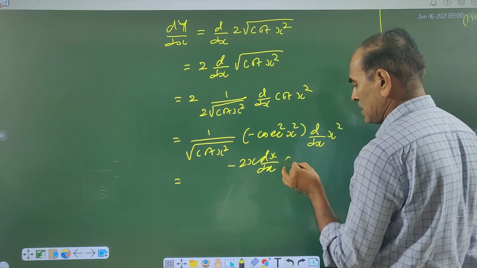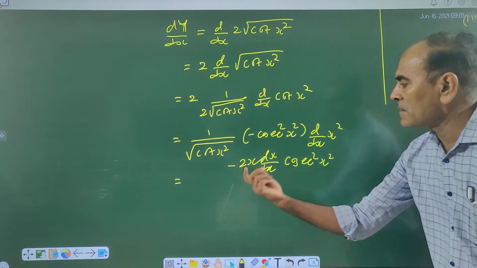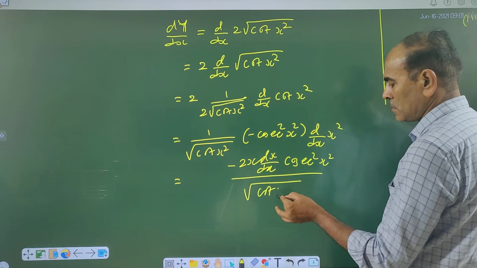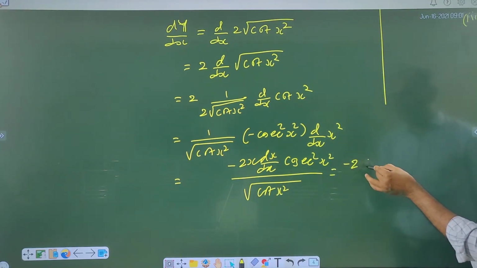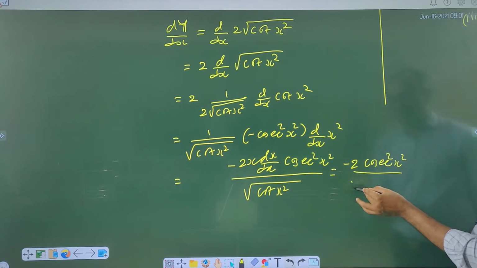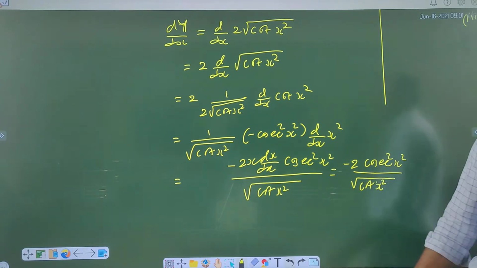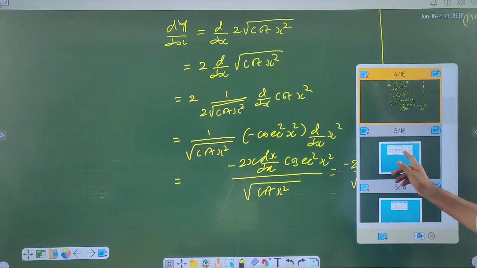That is equal to minus 2x, dx by dx into cosec square x square, last derivative right, first over root cot x square. That comes out minus 2 cosec square x square upon root cot x square. Yes, this is the answer. Yes. Next, see